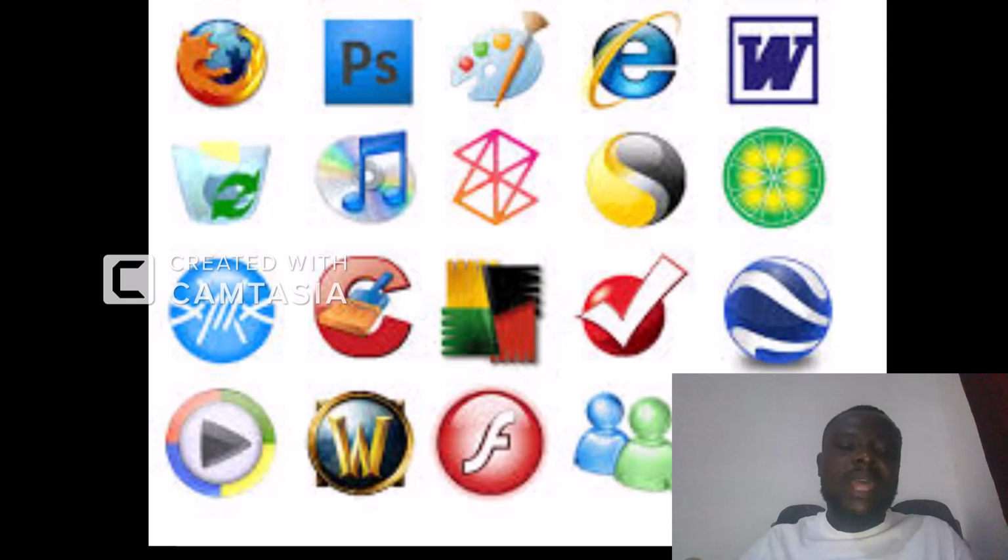Okay, now we have the web browsers. Web browsers help the user to navigate its way through the internet. As examples of web browsers, we can talk about the Internet Explorer, the Opera Mini, the Google Chrome, the Mozilla Firefox, and then